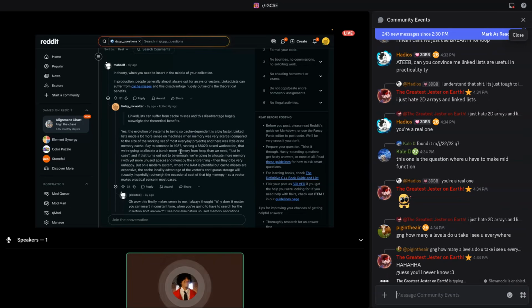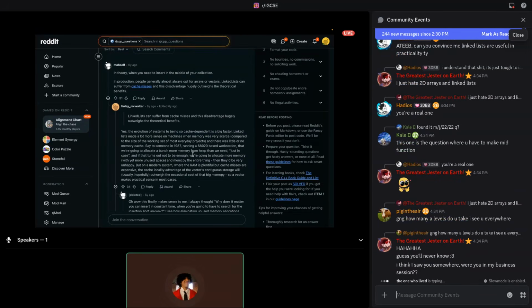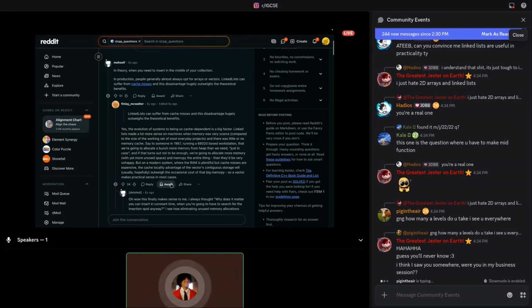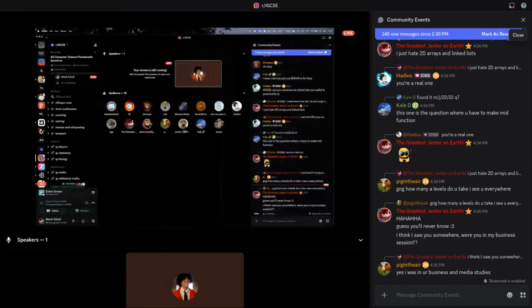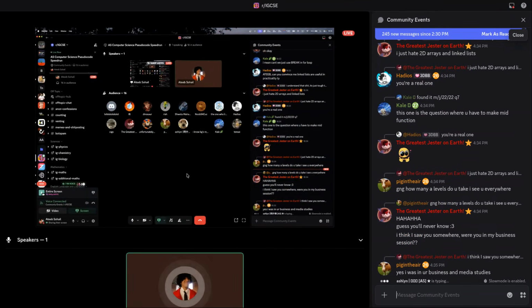Say to somebody in 1987 running a 68020 based workstation that we're going to allocate a bit more memory from the heap than we need, just in case, and if that turns out not to be enough, we're going to allocate more memory and memcpy the entire thing. Then they'd be very happy. But on a modern system where RAM is plentiful but cache misses are expensive, blah, blah, blah. So vectors win. It's because of RAM. Anyways,